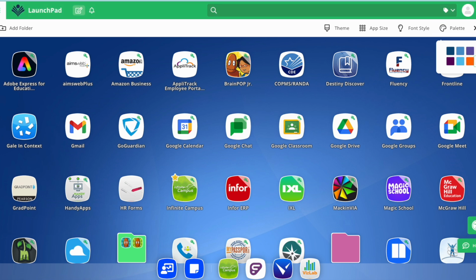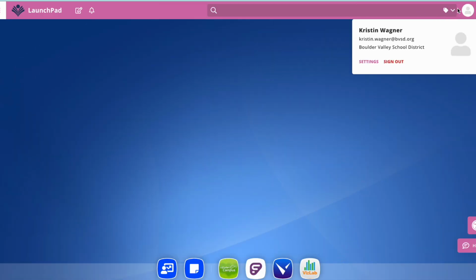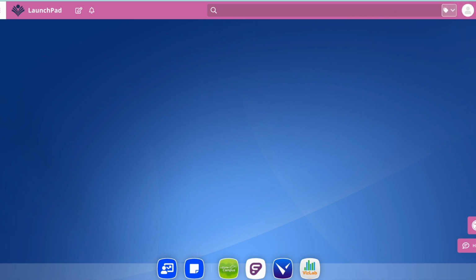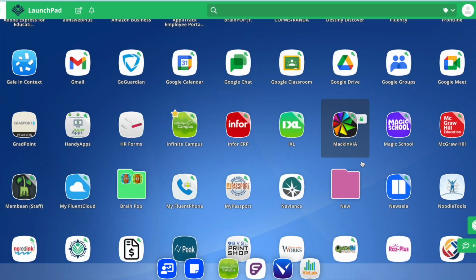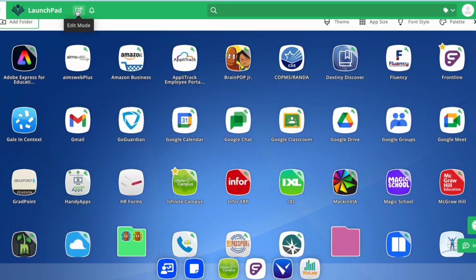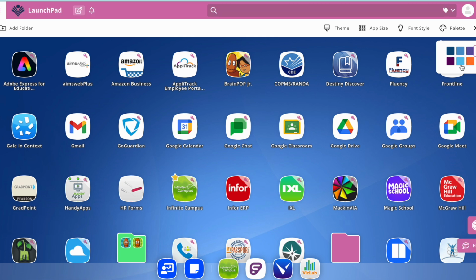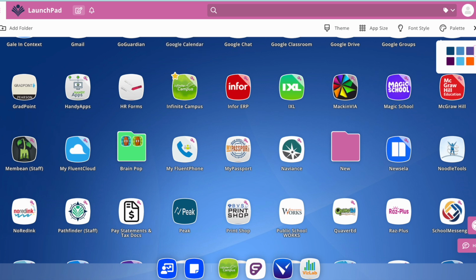So let's say you want everything to be a different color. You see the top and the sides will change. And sometimes that's nice, so you can see down here, whoops, sorry. I don't even know what I hit to end up here. Let me try this. You can see that down here I have this pink folder. So let's say I just wanted to make all my folders the same color. I'm going to go back into edit mode. I can make my palette that color too, and then things can kind of match. So I could make all my folders the same color and have the palette match, and then you can have sort of that look if you want everything to be the same color. So you can play around with those options as well if you want to see what different colors would look